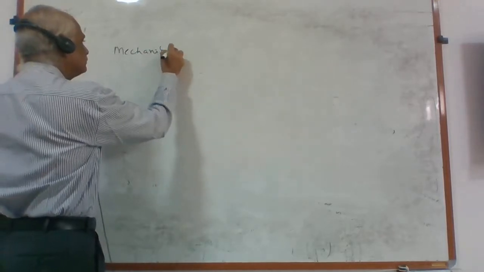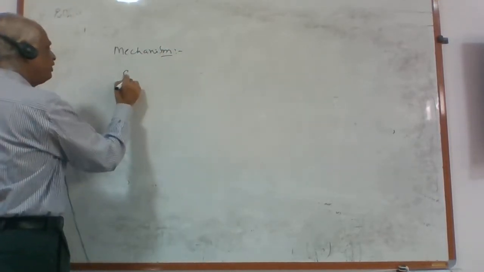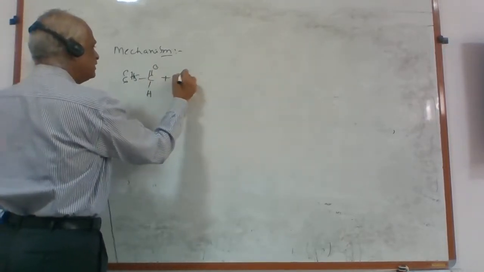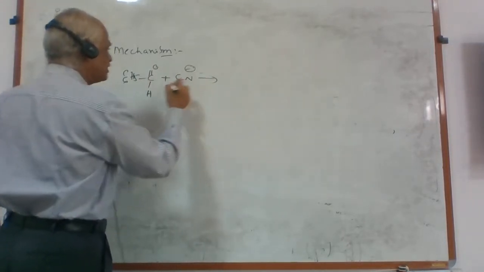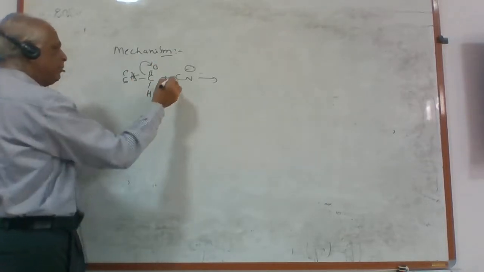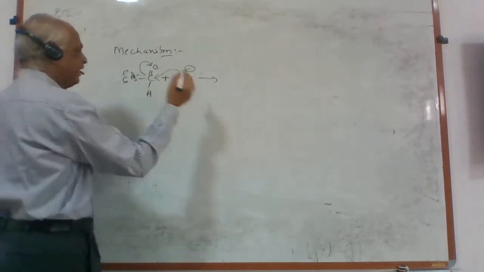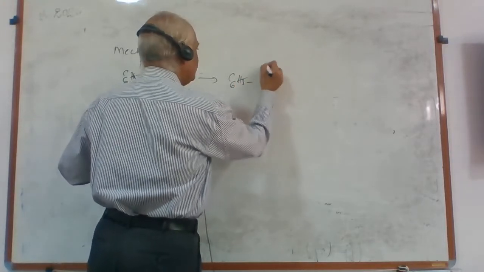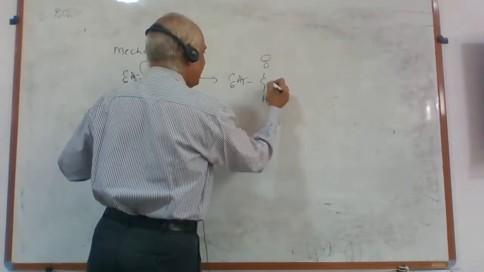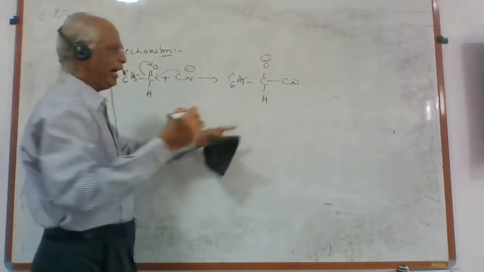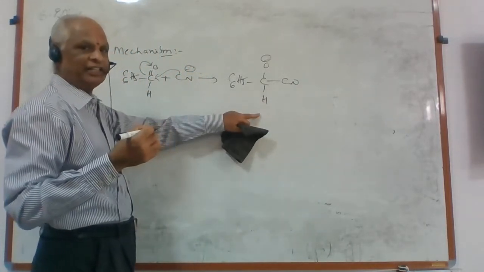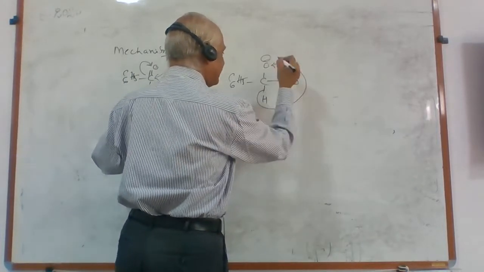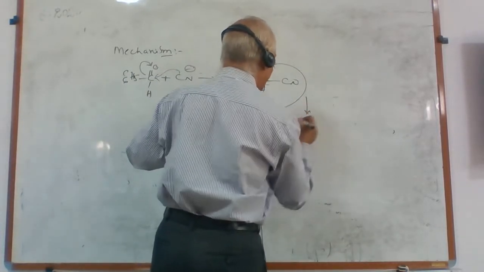Mechanism. So the first step of the reaction is the first molecule of benzaldehyde, catalyst CN minus. The C double bond O is polarized, and the cyanide ion attacks the carbonyl carbon, forming an O minus charged hydrogen CN species. I already told you that this hydrogen is relatively acidic in character. So this hydrogen can migrate as a proton to this oxygen atom, forming